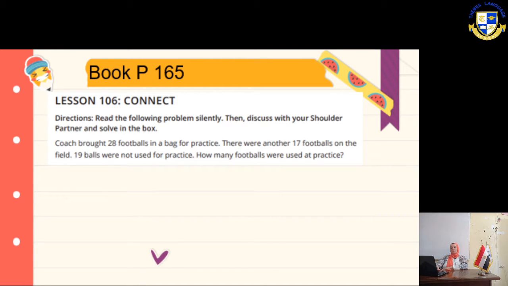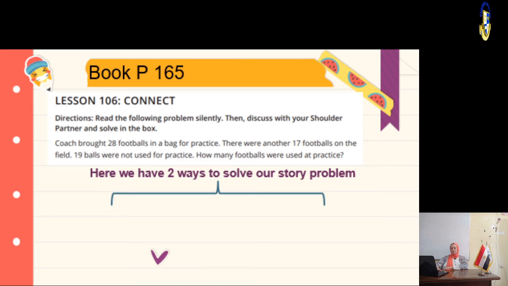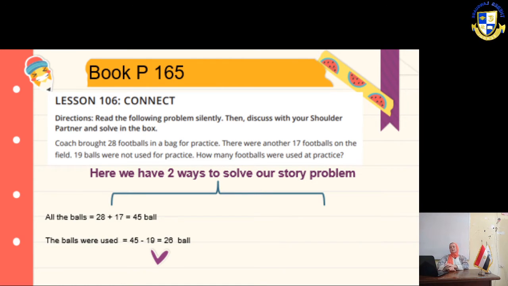Here we have 2 ways to solve our story problem. The first way, we can add all the balls, 28 plus 17, so it will be 45 balls. Then we are going to do 45 minus 19, okay, the not used balls, so the answer will be 26. And the second way, we can do 28 minus 19 plus 17. So it will also be 26. Okay, now on the next page,